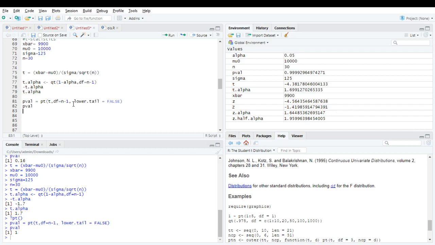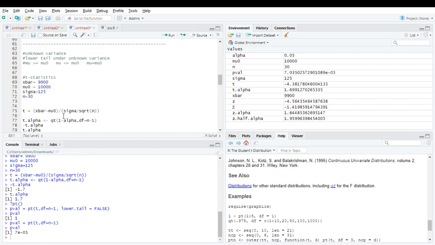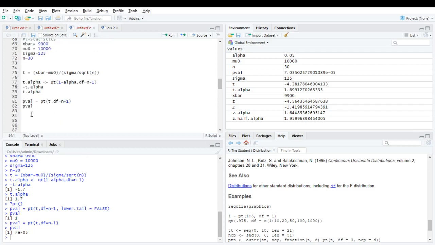So if you just remove this one and do this p value, you can see it is way less than 5%, so you're going to reject the lower, and in case of upper, it is going to be selecting it. Okay,